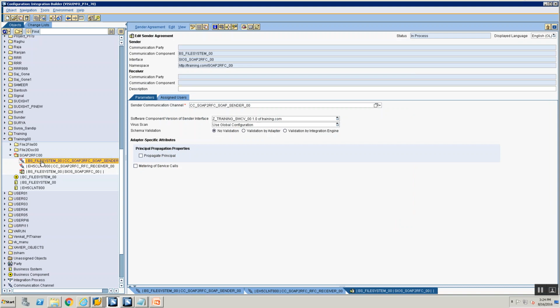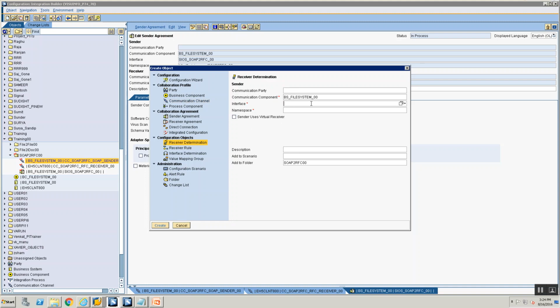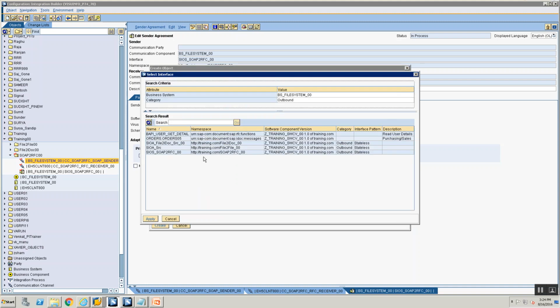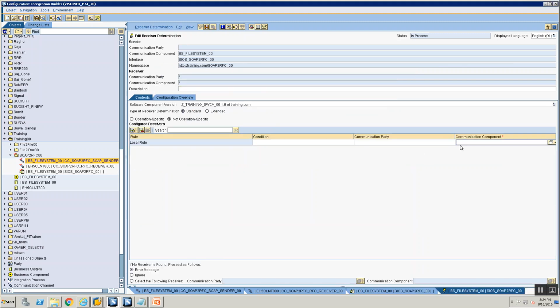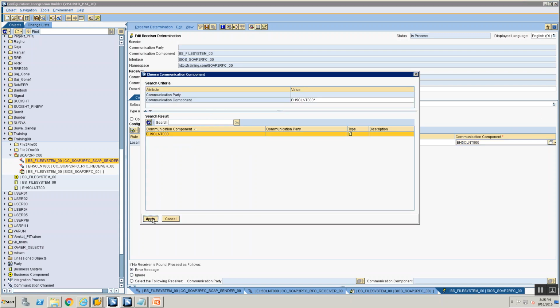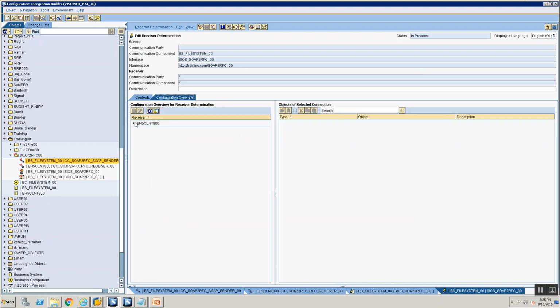Okay, now let's go ahead and create my next object, and the next object is a receiver determination object. So my sender interface is going to be again SIOS SOAP to RFC. That's the scenario that we are building. Select the sender interface details. And who's my receiver? My receiver is going to be EH5CLNT 800. Just make sure you've typed it correct by using the selection help and saying apply. Save your receiver determination object, and after you save your receiver determination object, go to configuration overview, navigate to your